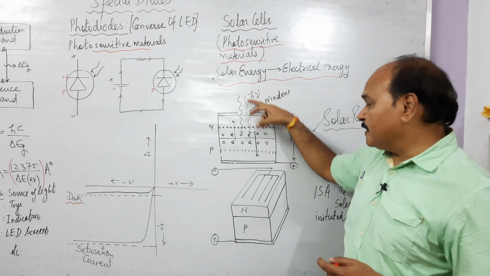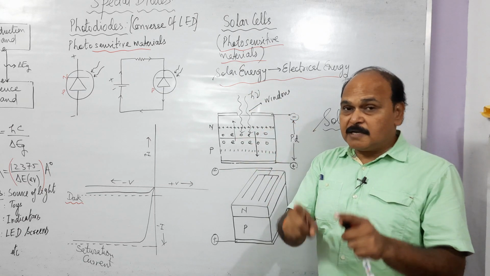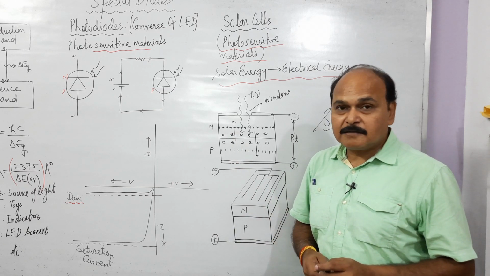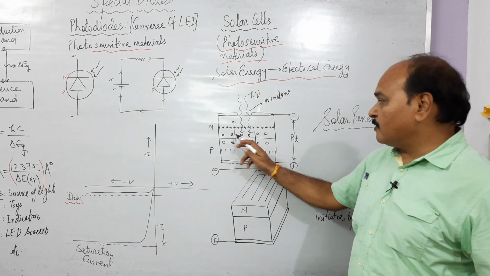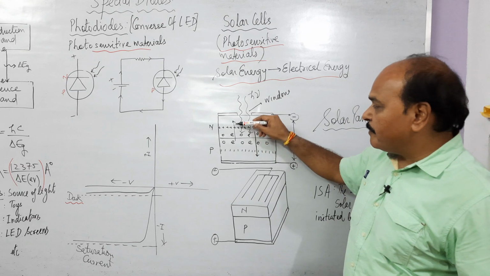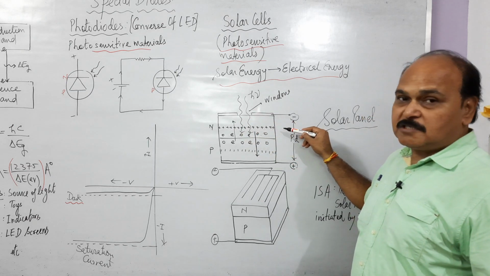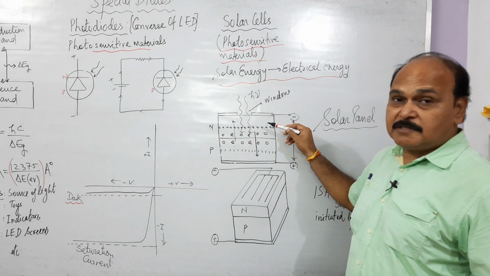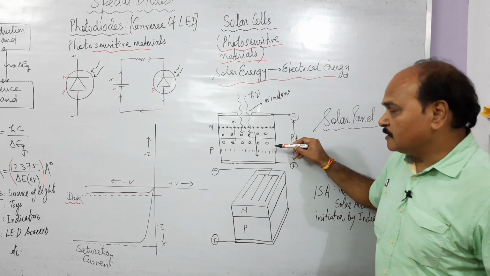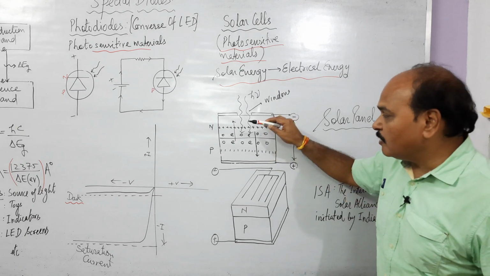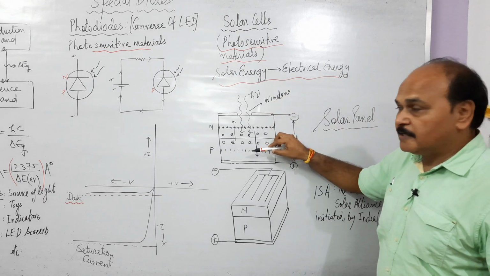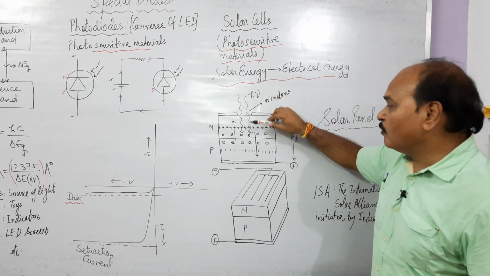And what happens because of energy reaching the junction? In the depletion layer, some additional electron hole pairs are generated. If electron and hole pairs are generated, where are these electrons going to move? Electrons are going to move up, towards this positive charge region of the PN depletion layer, and the holes move towards this negative charge layer, and in the process they move down. So all electrons which are produced in the depletion layer, because of the sunlight falling upon it, move up, and all holes move down.